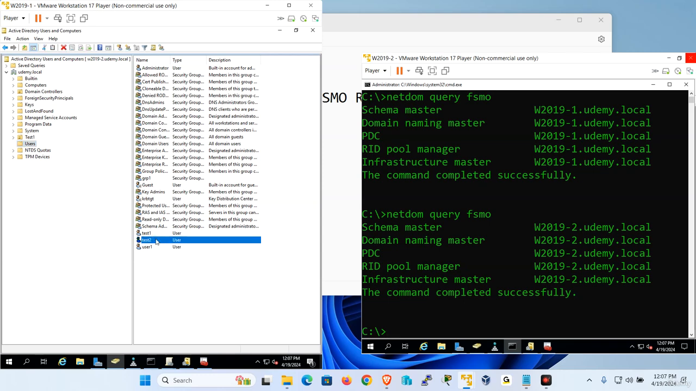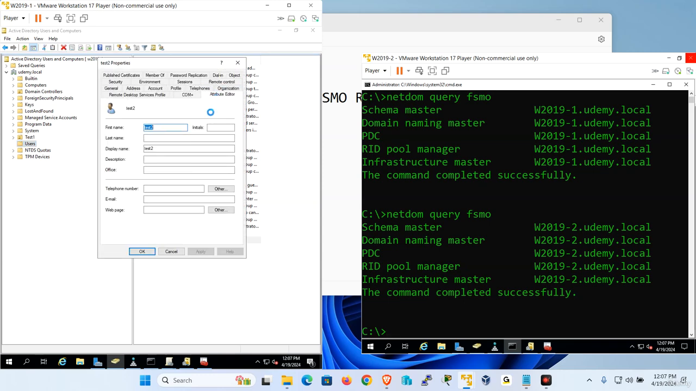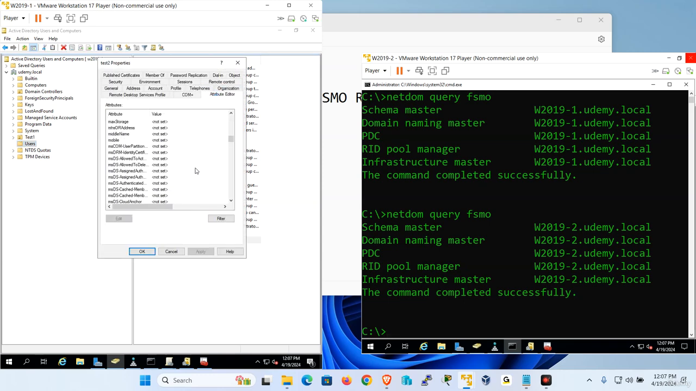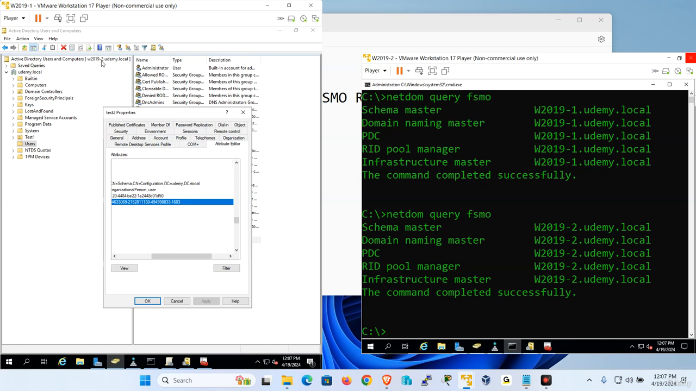So if I double click test two and I go to the Attribute Editor and I scroll down and look for objectSid. All right. Where is it? ObjectSid right over here. Look at the number that I got, 1603. Why? Well, first of all, you're connected to server two. Where's server two? Right over here. So if I type in